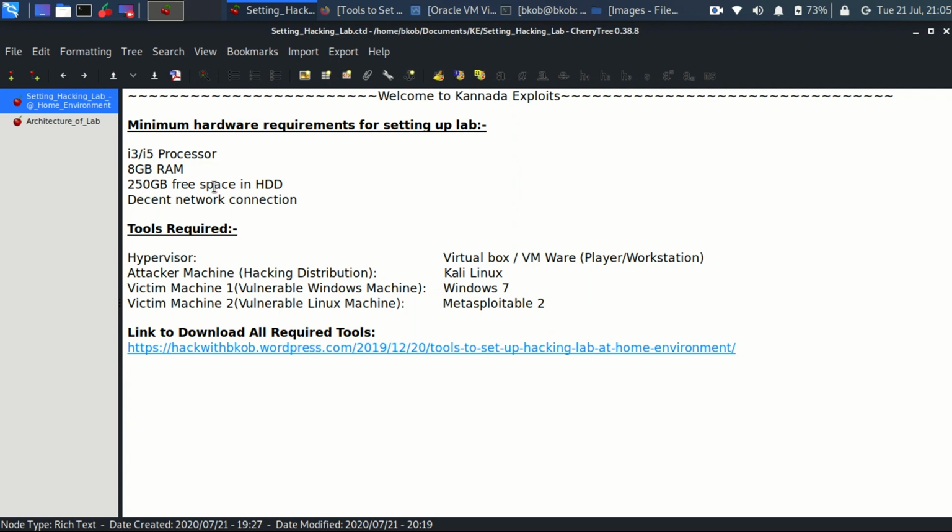In common, we call it a hypervisor. Now why do you require a hypervisor? When you want to practice any hacking activity, you always require at least two machines: one would be your hacker or attacker machine, and the other the victim. So obviously there are at least two computers involved in any hacking activity. It's not efficient to buy two different computers and work on them.